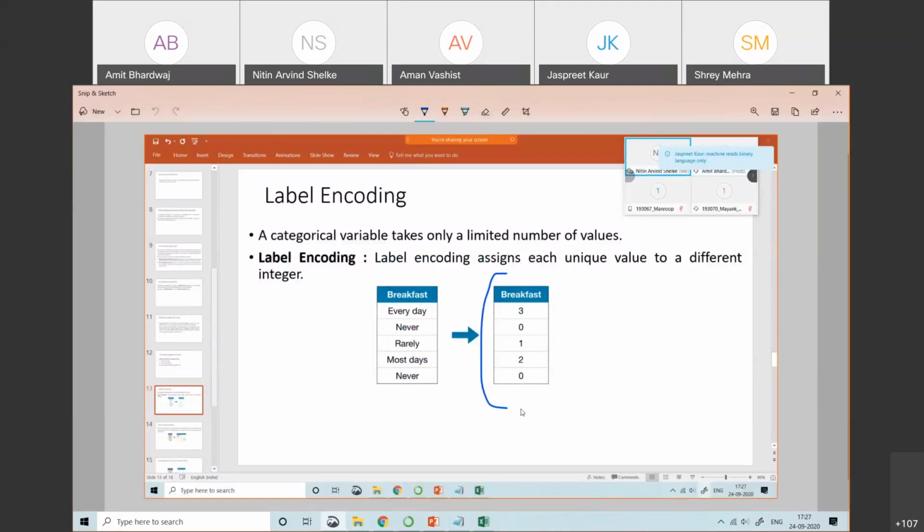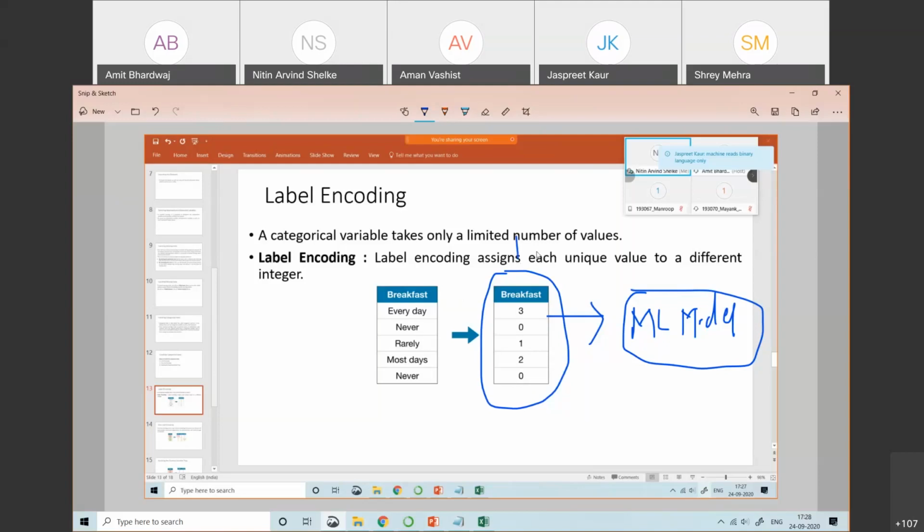if we supply this column to your ML model, this is the ML model. I have given input to the ML model as this label encoded column.